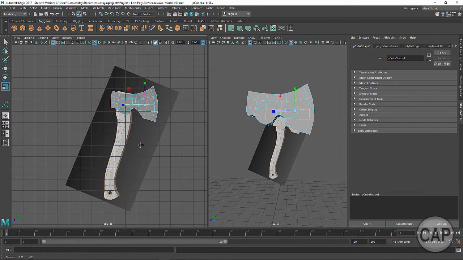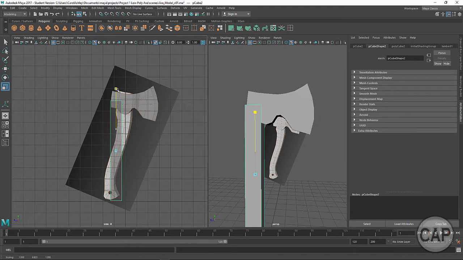Alright, so let's go ahead and model this out of a separate cube. Let's drop a cube in the scene here. I'm going to hit W on the keyboard, and over here in the side view I can pick this up and move it around, and it's only going to translate on the Y coordinate and in this case the Z coordinate. So I'm going to drag this up into place here, and there's a number of ways we can do this. We can scale this out to the overall length